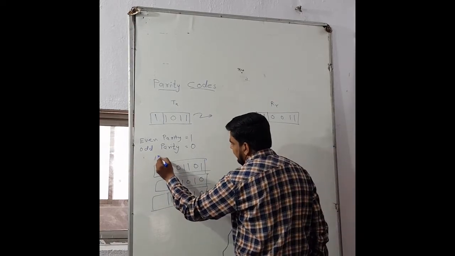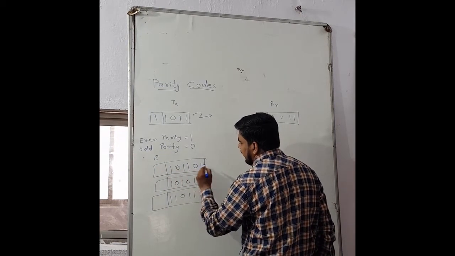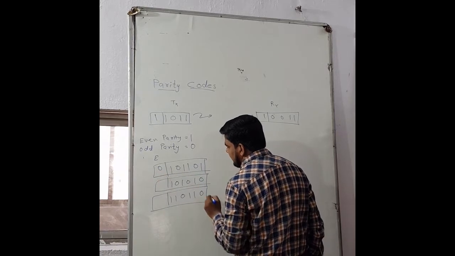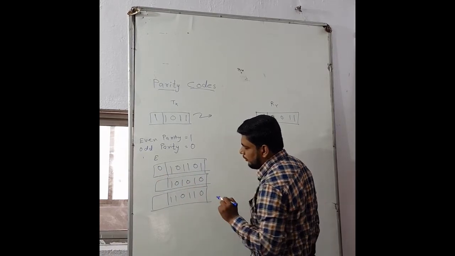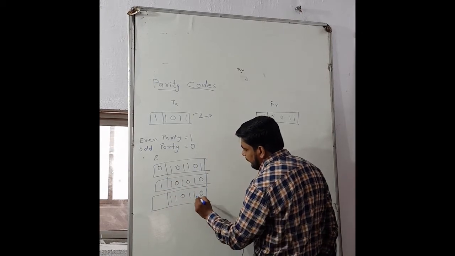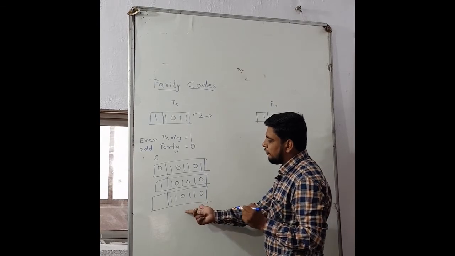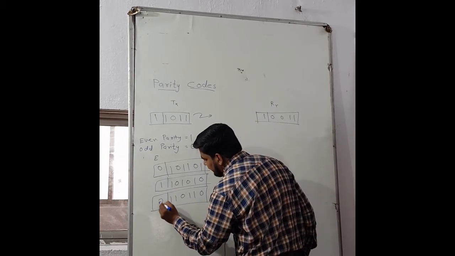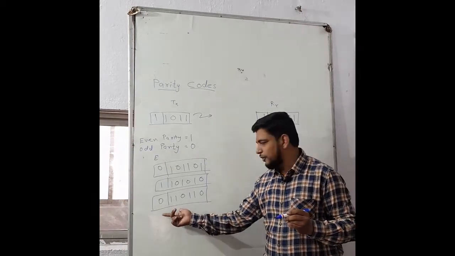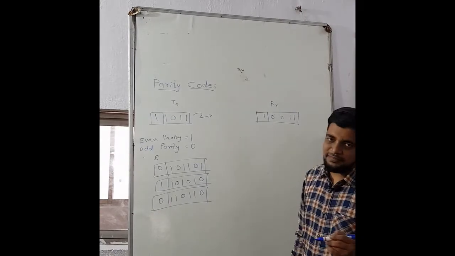If we are considering an even parity, then 1 2 3 4, the number of ones in the input information is even, so even parity bit will be 0. Here 1 2 3, the number of ones is odd, so the even parity bit should be 1. Here 1 2 3 4, there are 4 ones, that is even information, so the even parity bit should be 0. Likewise we encapsulate the extra bit with the original information and transmit from the transmitter side,